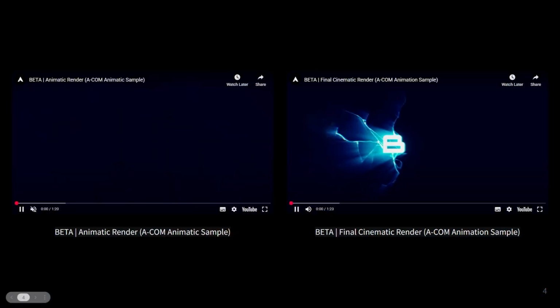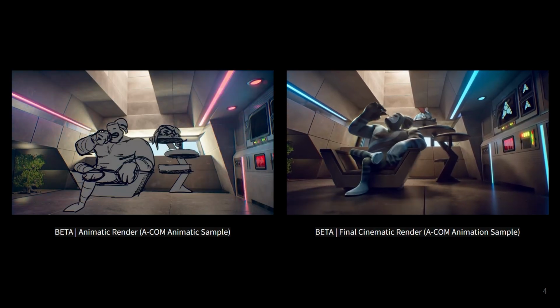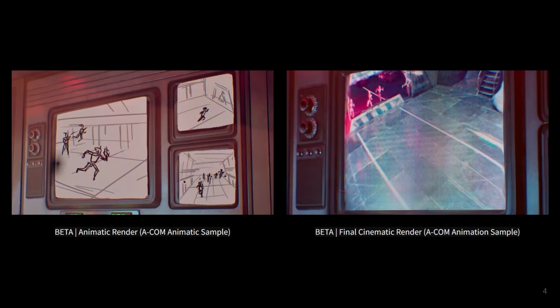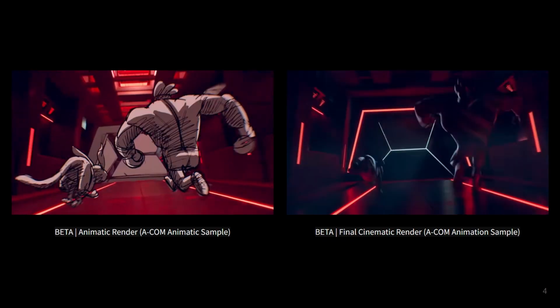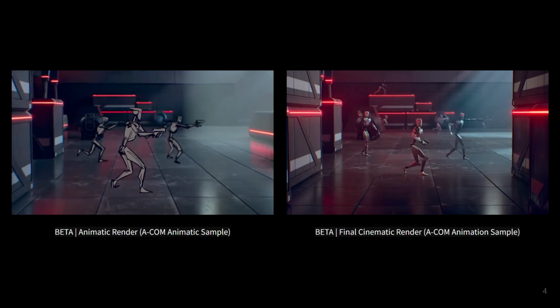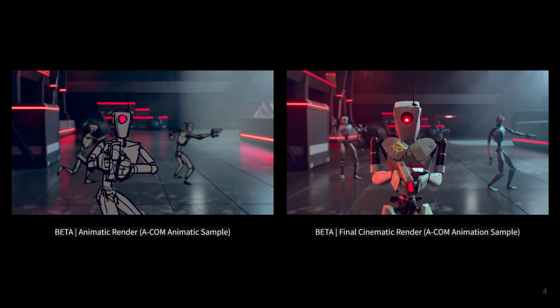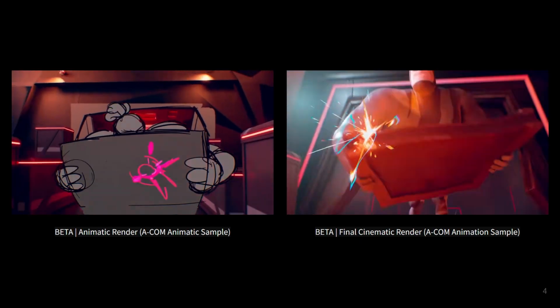As you can see, it's a very powerful project, and thanks to this project, now we can create a lot of beautiful works. Let me show you. Here on the left side, you see the animatic render, and on the right side, you see the cinematic render. The animatic render is created with the support of the Odyssey free plugin, and as you can see, they are using the same 3D environments. And within the same 3D environments, the same lighting is also valid.